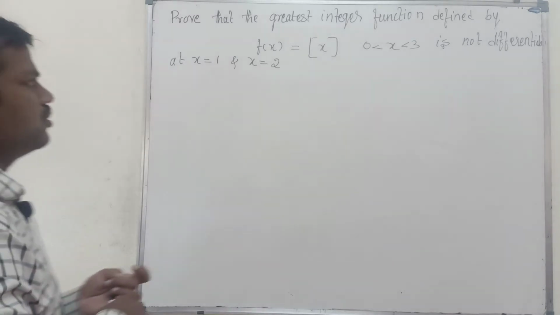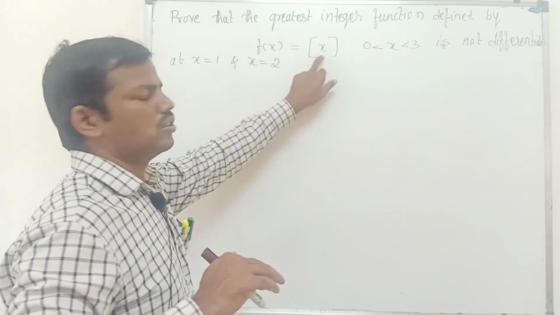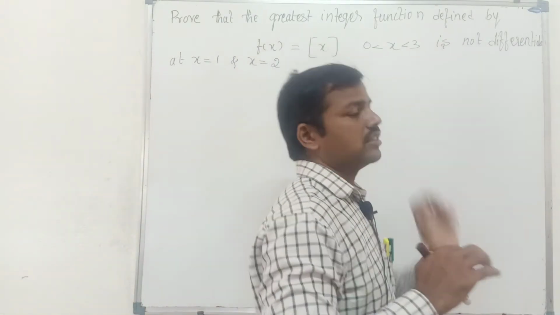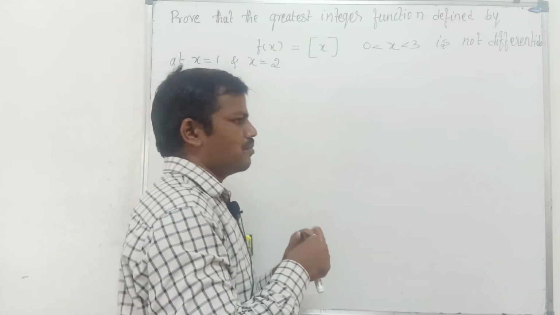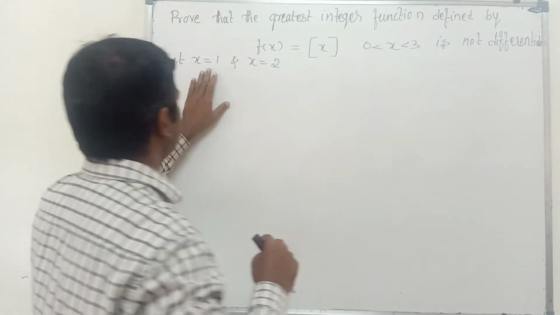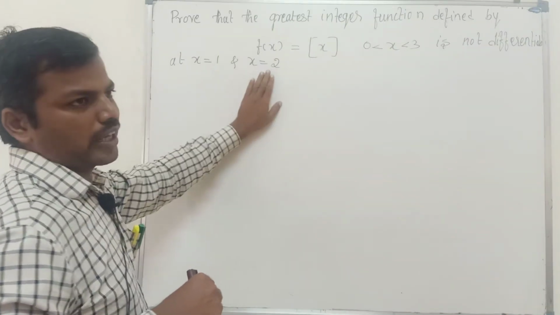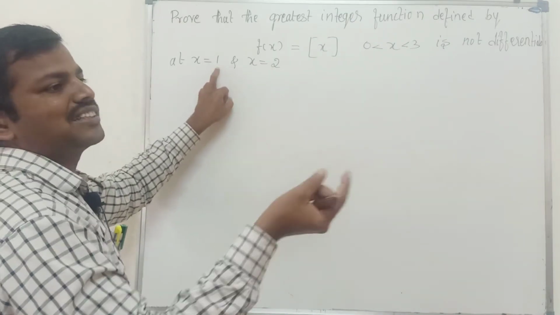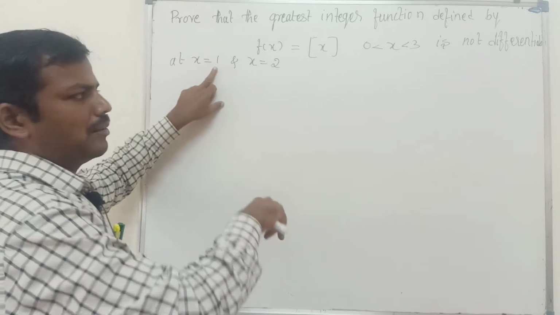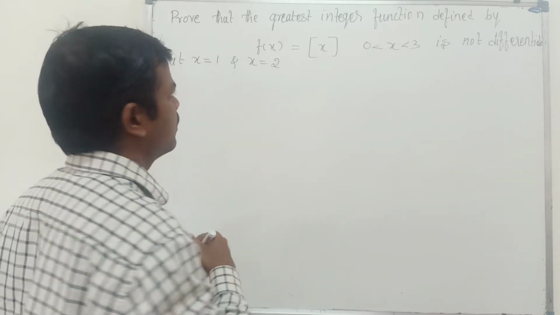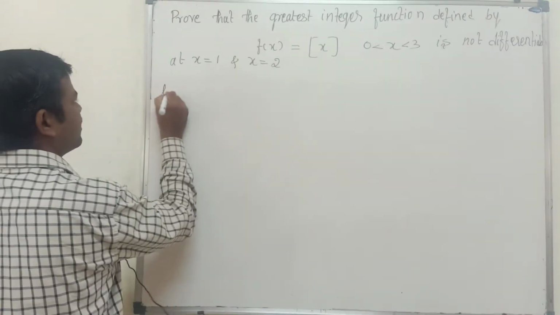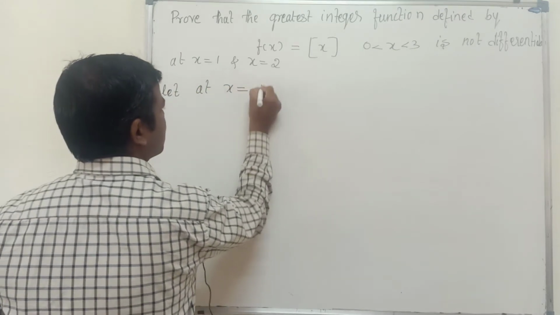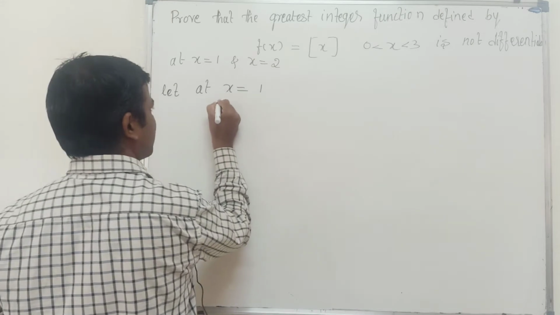So now we come to discuss f of x equal to the greatest integer function. We have to check whether it is differentiable at the corresponding points, that is x equal to 1 and 2. For the right side we write 1 plus h, for the left side we write 1 minus h. We have to see what they become. So first, at x equal to 1, the right hand side or